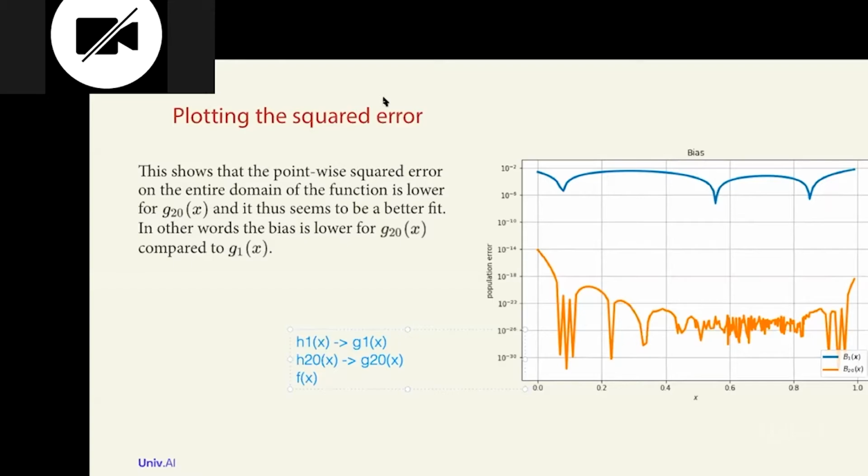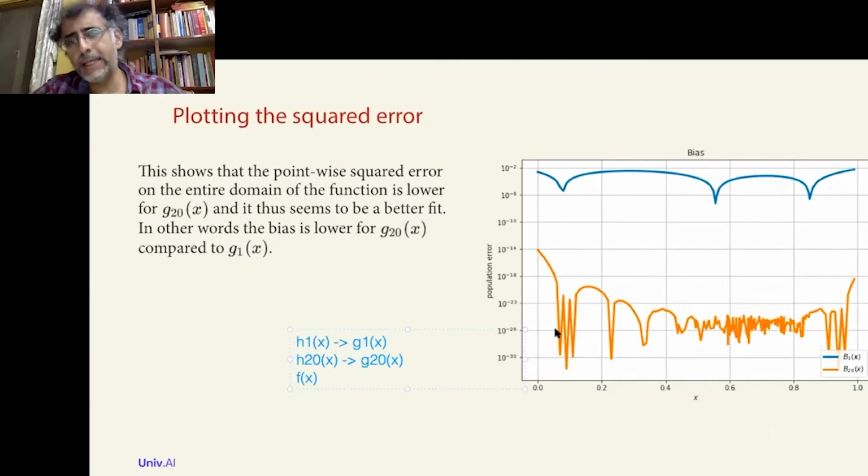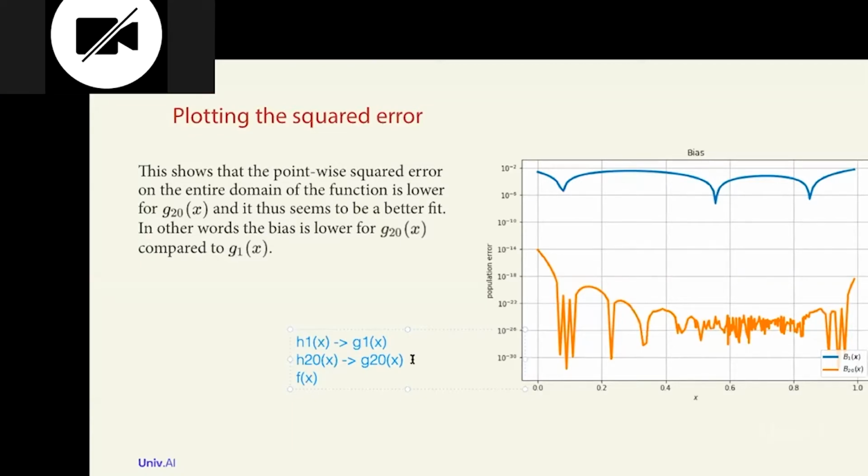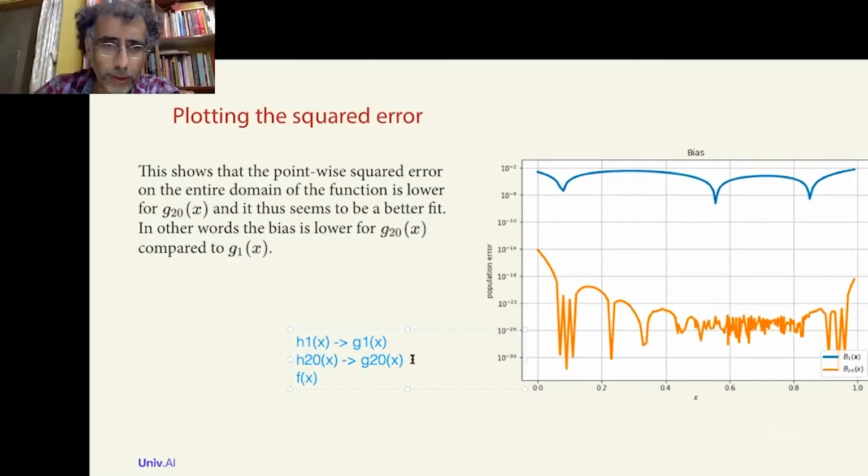Can you again tell us what we interpret from this plot of squared error? From this plot, you're seeing the best fit 20th order polynomial, g20 of x. Remember what I'm doing to get this fit: I'm taking all 20th order polynomials and asking which 20th order polynomial minimizes the squared error. You with me on that? Yes. Okay, so it turns out, and I showed it to you on the previous graph,